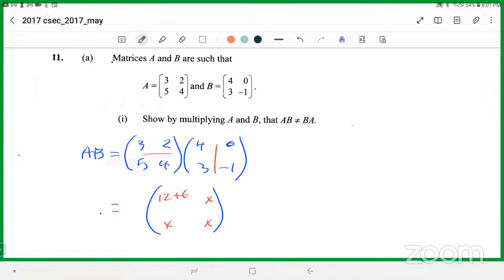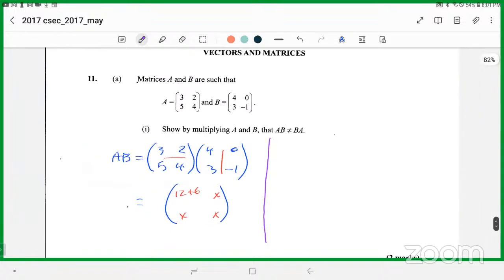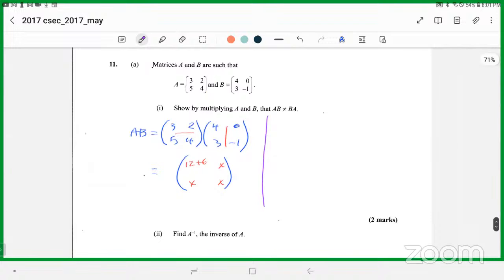Watch this now. If I start now and do the BA, technically I'm not going any more, because I already know that this product starts with an 18 right there. I don't put in these other values yet. When I start the BA,